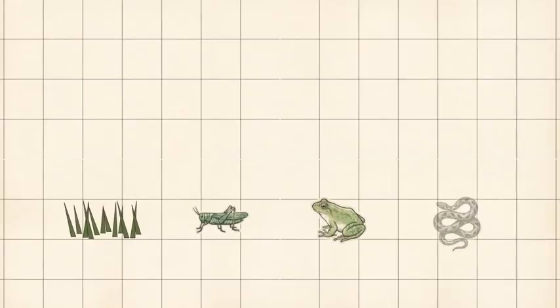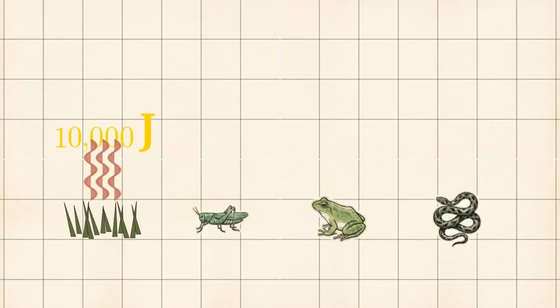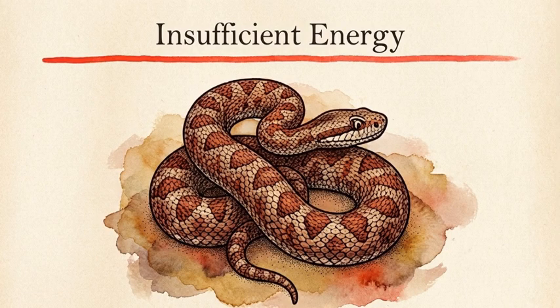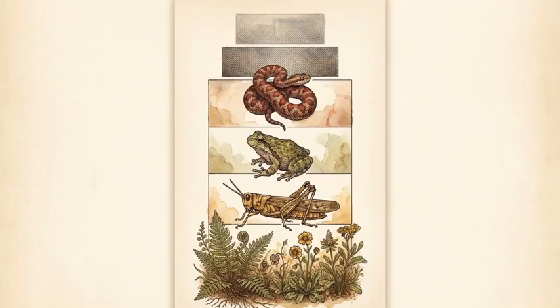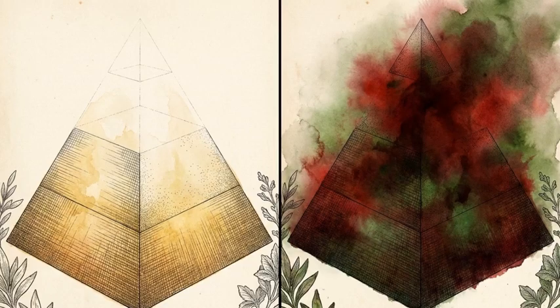In this linear food chain, grass starts with 10,000 joules. 90% is lost as heat. The grasshopper receives 1,000 joules. The deficit compounds. The frog extracts 100 joules, and the snake receives a mere 10 joules. This exact thermodynamic inefficiency dictates biological limits. Because there is so little energy left to support extra levels, food chains are physically limited to a maximum of 3 or 4 steps. While ecosystems are inefficient at transferring energy, they are highly effective at concentrating human-made chemicals, a